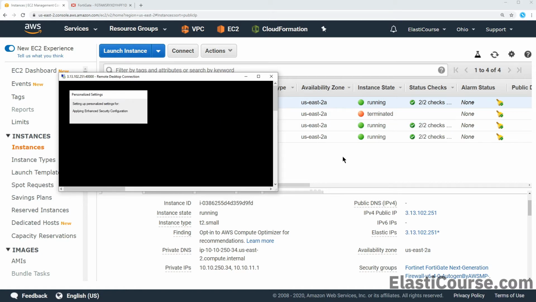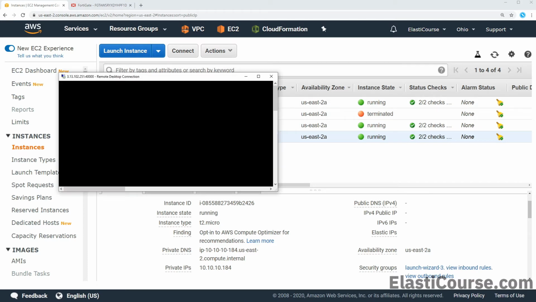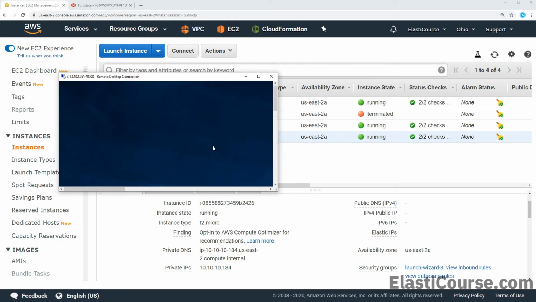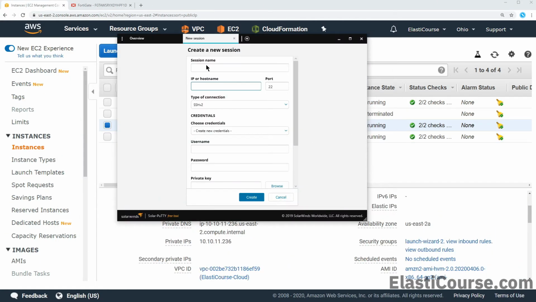Remember, our private Windows server does not have any public IP address assigned to it, and therefore we allowed access to our server through the firewall with intrusion prevention and antivirus enabled. And this way you can quickly get access to your Windows server and access anything inside AWS from here as well. Now to connect to our Linux machine in the same manner using port forwarding, let's create a new profile